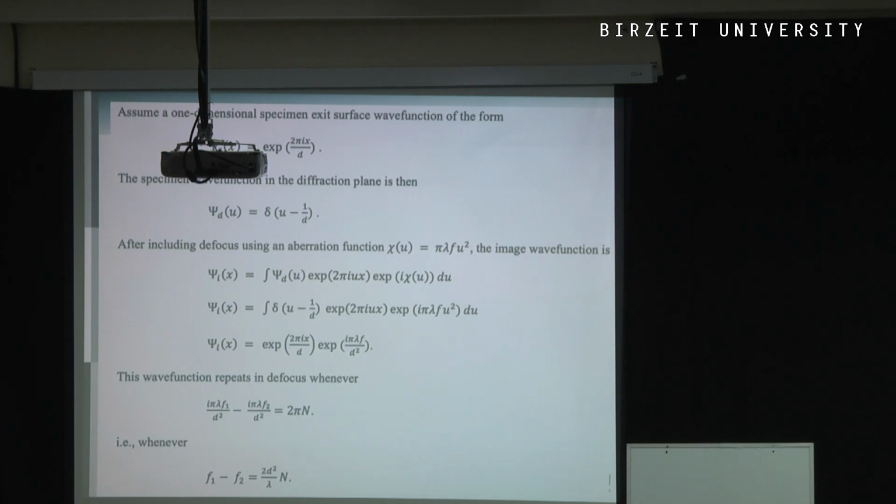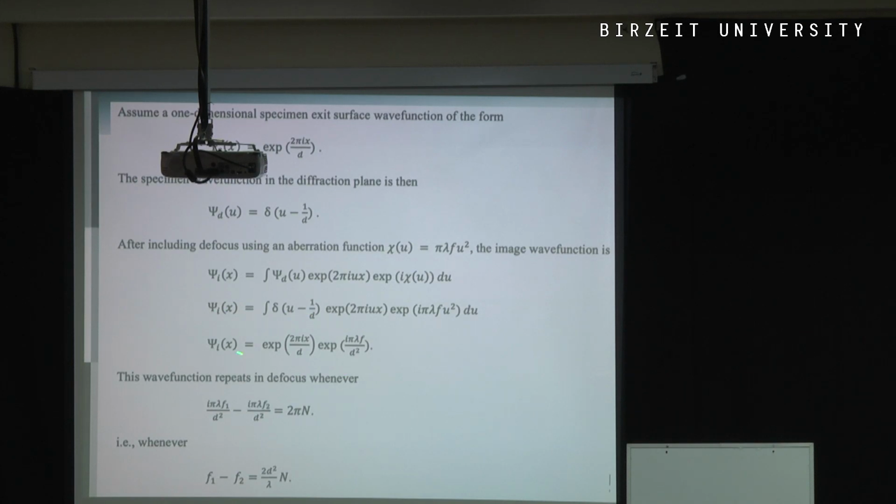There are 3 or 4 different approaches for deriving this formula, but in this case, if we go back to the aberration function and just include the defocus term, and then apply the defocus term inside the e to the i chi, e to the i times the aberration function, but just for a single periodicity in Fourier space,